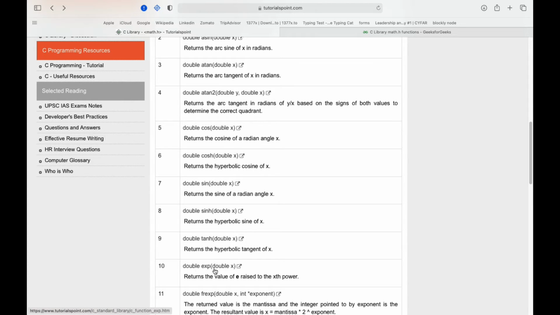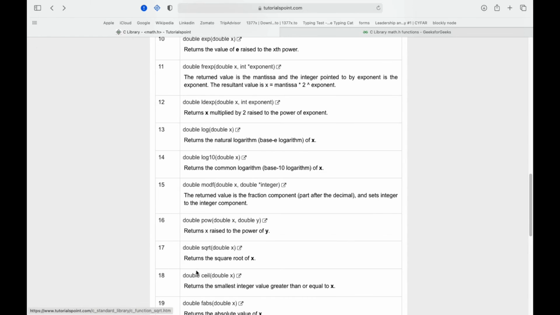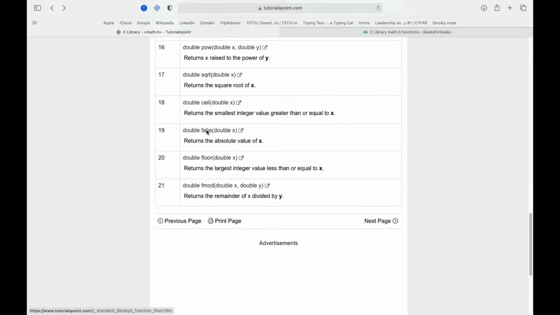So it asks for the power, so you need to write exp brackets 2, that means e to the power 2. Then we have the square root function, sqrt. Then we have the power function, which asks us to input x and y, then it calculates x to the power y. Then we have the fabs function, which just calculates the absolute value of